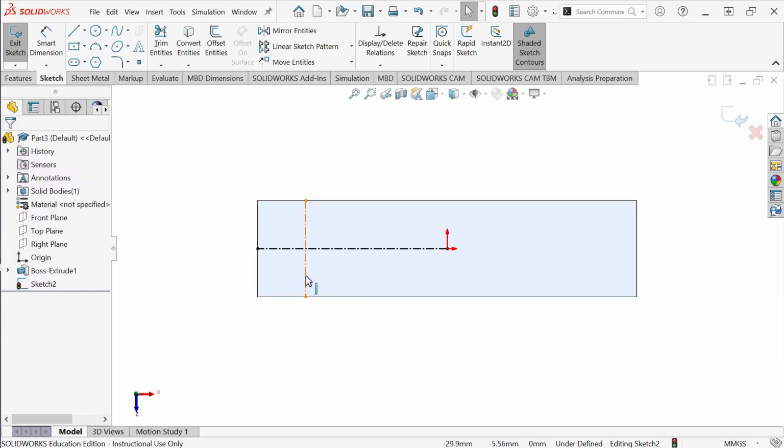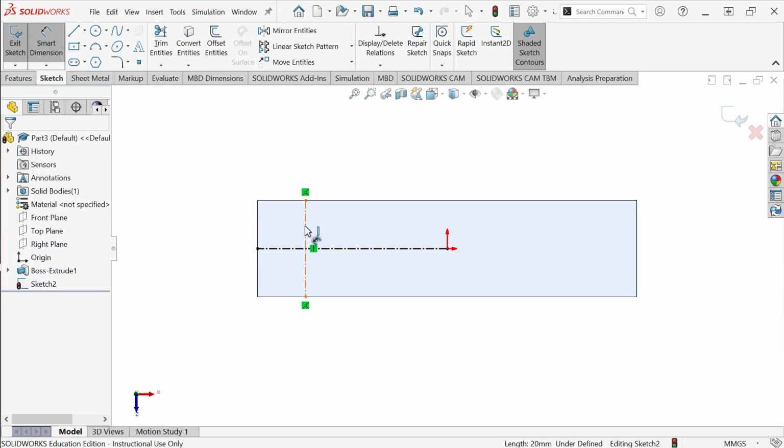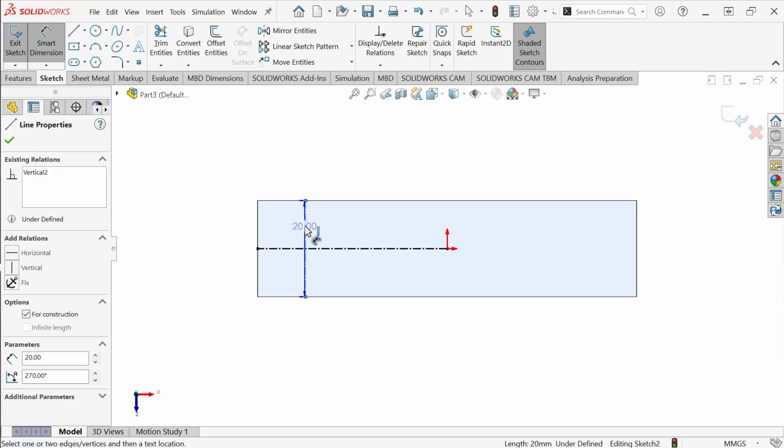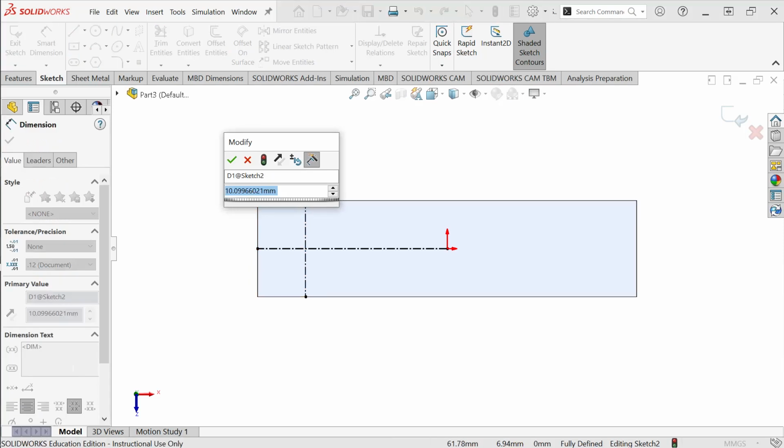If I had forgotten to make this a construction line, I can do that right here. So we have those two lines, and the horizontal line doesn't need to be dimensioned, but if I select this line and hold down the control key, and hit that left line, I can make sure I have the location of that line correctly,